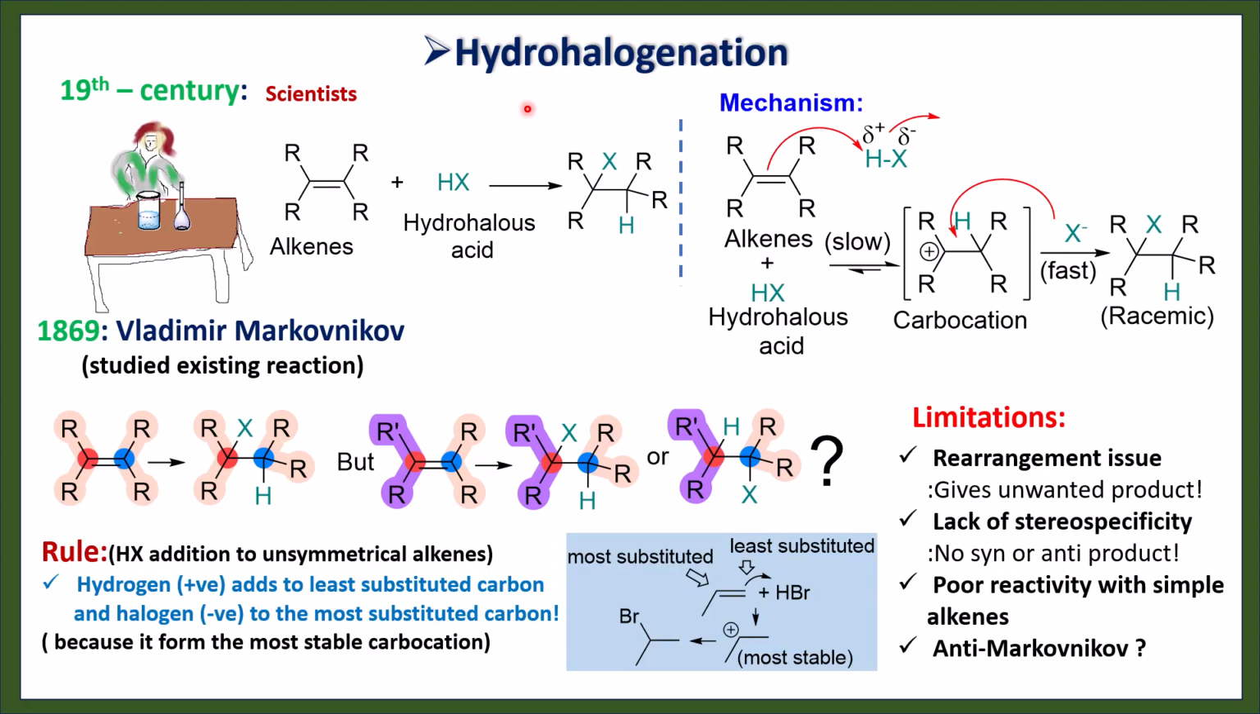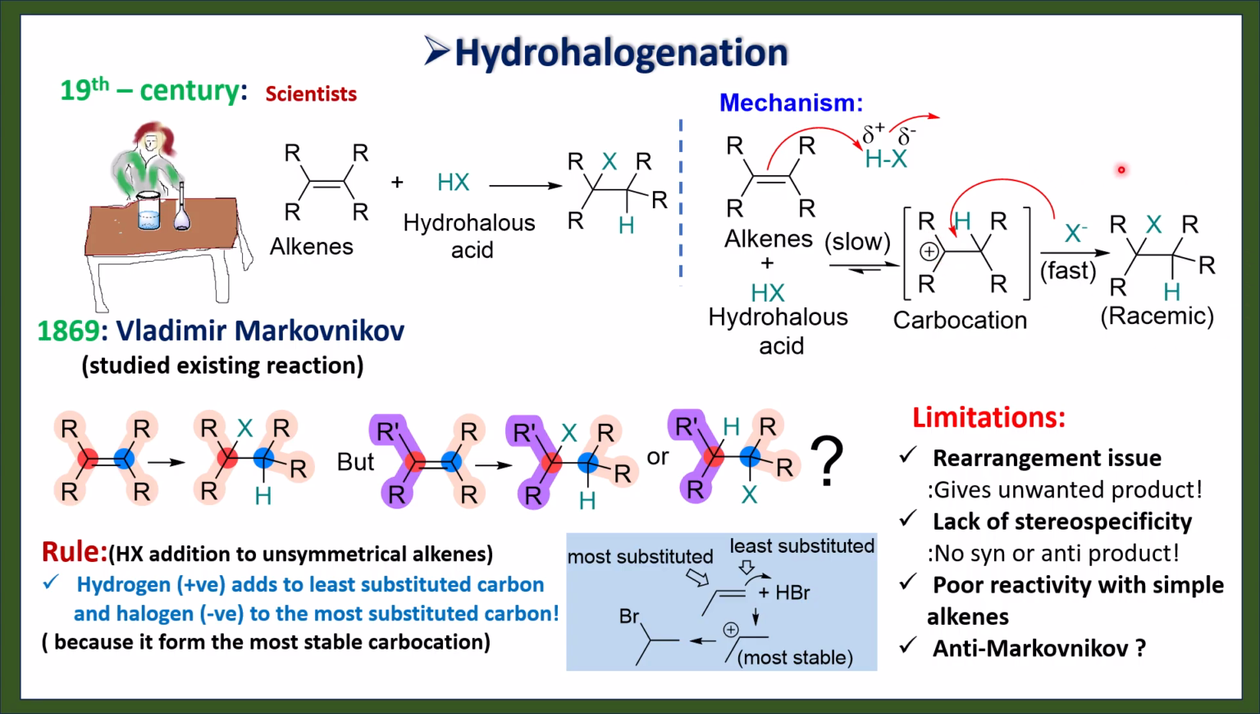Now we will discuss hydrohalogenation reactions. During the 19th century, scientists working on alkenes, treating them with different types of reagents, used hydrohalous acid and found a new product. This is the mechanism of the reaction, where the olefinic double bond attacks the HX, and in the initial step protonation happens. After protonation, a carbocation forms and the halide reacts very fast with this carbocation to give